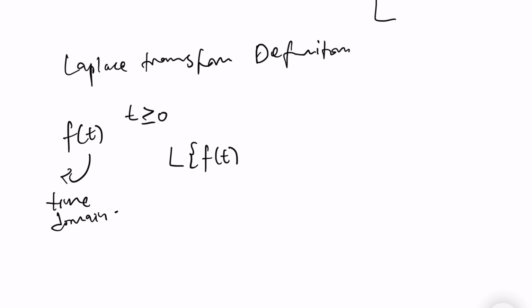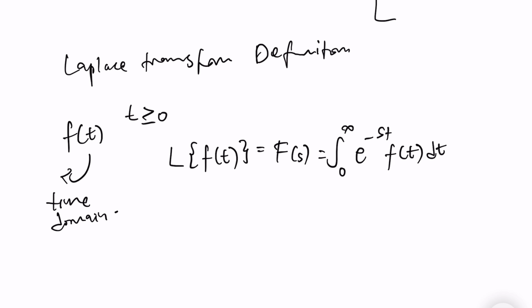The Laplace transform of ft, close the bracket, is equal to this capital Fs. Okay, these are equivalent. The Laplace transform of ft, time domain, is equal to the capital Fs, and this is the definition: the integration from 0 to infinity of e to the power of negative st, multiplied by the time domain ft dt. Okay, so here